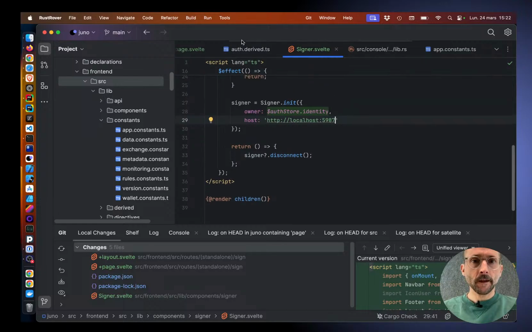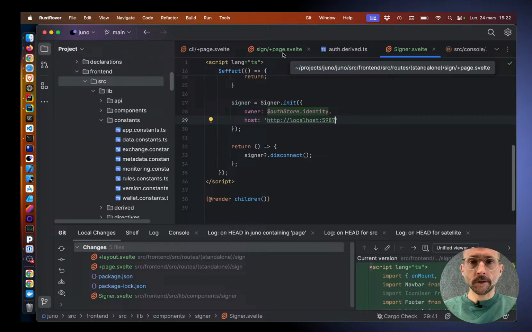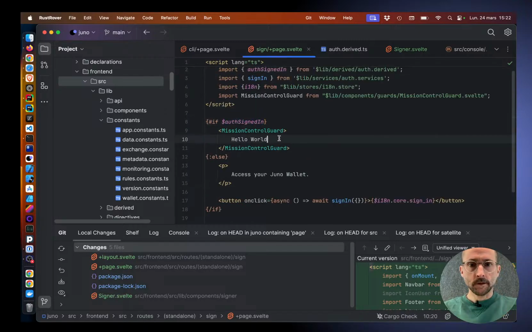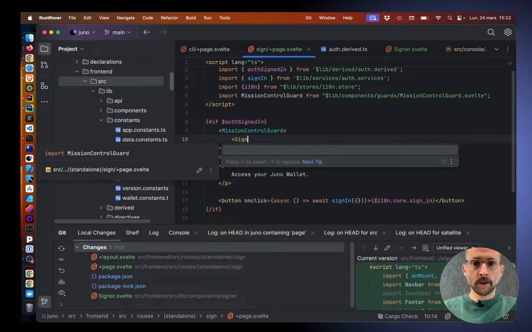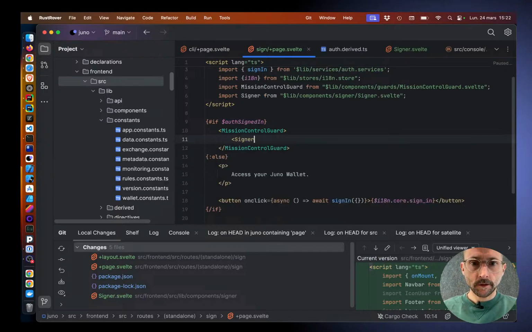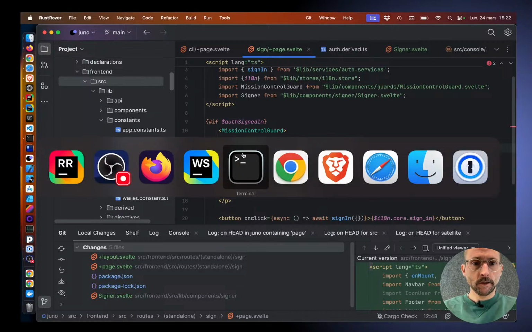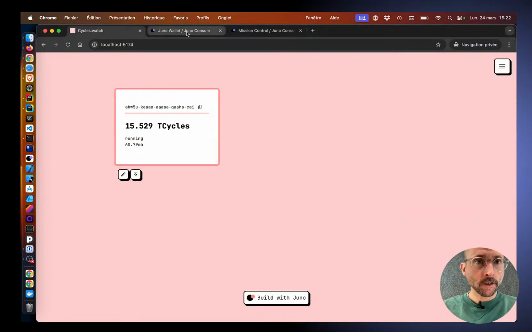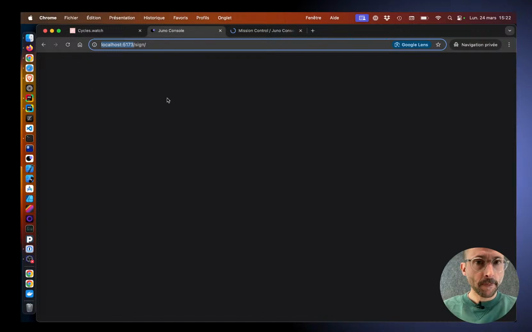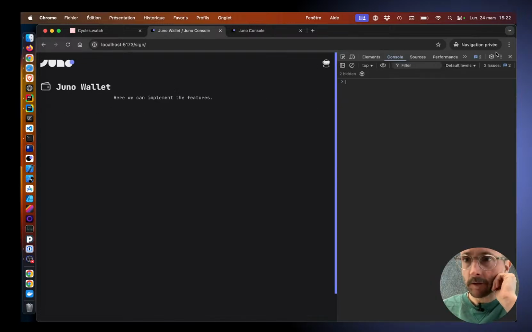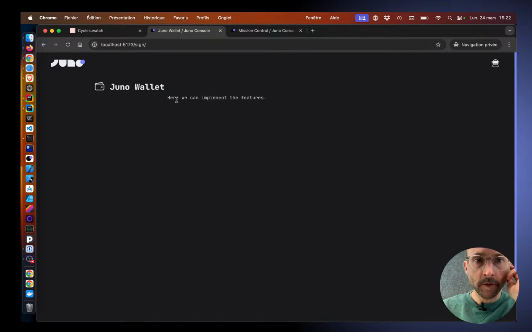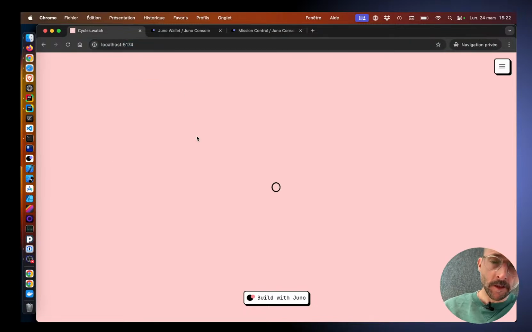Okay. And now what we're gonna do is here we're gonna load our signer. Yes, and here we can implement the virtues. So if I have a look here, not gonna look good, I guess, but what did he say? Yes, you see here we can implement a feature. Okay, it doesn't look good, but you know where we stand. So if we give a try here,